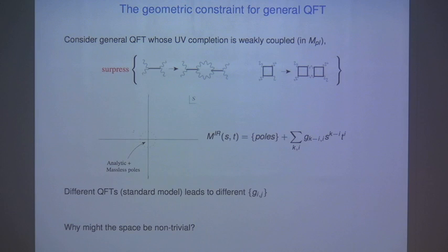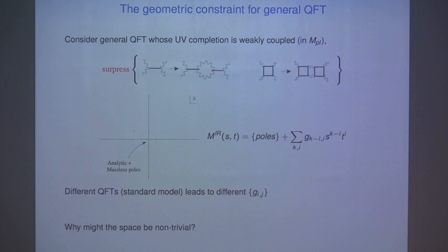For example, for the standard model, when we go to ultra low energy, we can compute all the higher dimension operators involving the photons, which would be encoding the information of the mass and the charge of the massive particles, and these will feed into what these coefficients precisely are. So naively, we would say that these coefficients in principle, from the low energy point of view, can be arbitrary. And you might ask, so why might one expect that this space to be non-trivial?